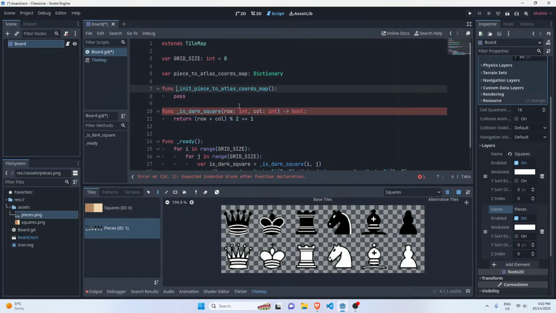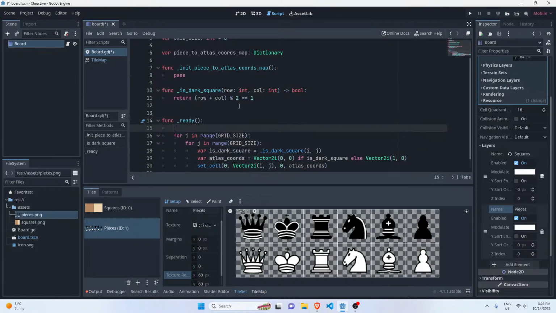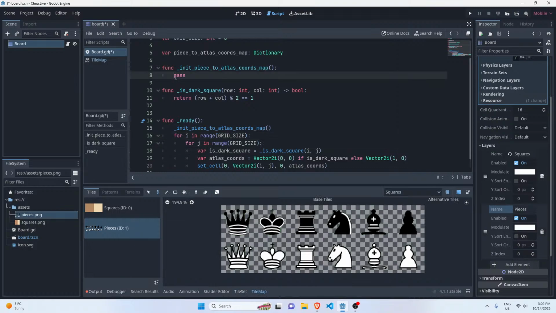Okay, now I'm going to do this initialization, maybe even before I render the board. It doesn't really matter. What this needs to do is map a piece to the specific coordinate on the atlas. And I can see a pattern here. All the black pieces have the y coordinate as 0, and all the white pieces have the y coordinate as 1, and then it's just a matter of looping over an index. They have the same order, which is nice. So all I need to do is